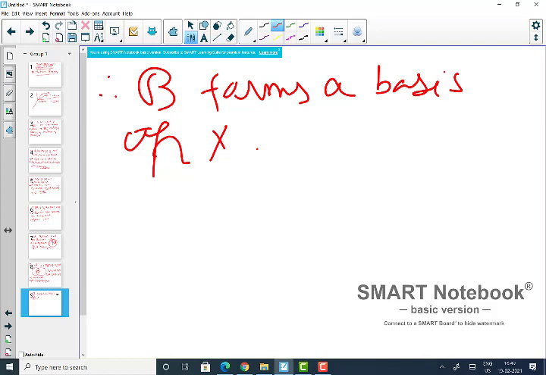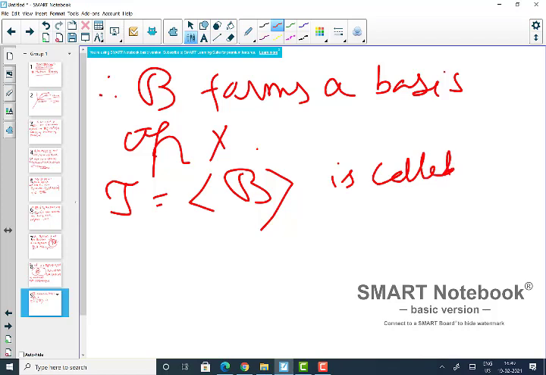Okay, so the topology generated by these are called metric topology. The topology tau which is generated by this kind of metric is called a metric topology